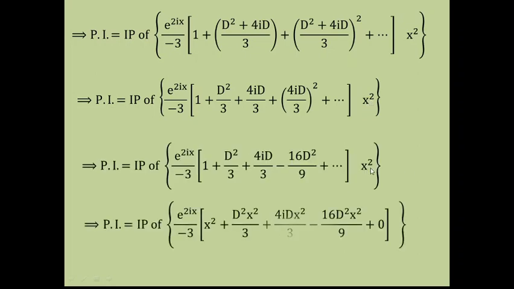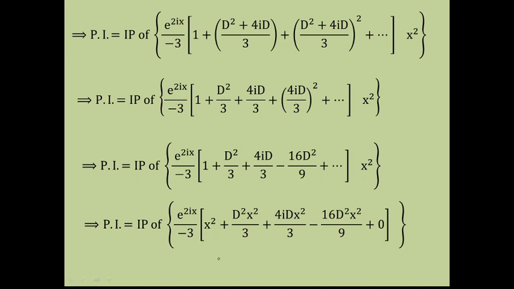Now operate each term on x square. Use the result. Which result are we going to use here? So we are going to use here the formula. What? D raised to n of x raised to n is nothing but n factorial. When the power of x as well as D is the same, then it is n factorial. And when the power of D is greater than the power of x, that is D raised to n plus 1 and all other terms, it always gives you 0. So this result we will apply here.